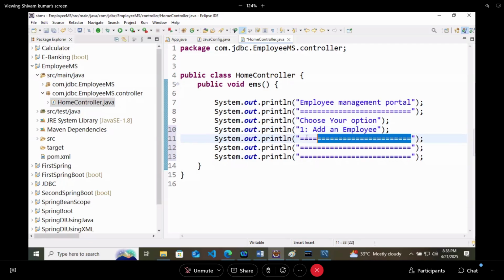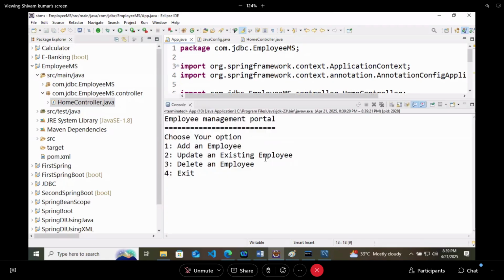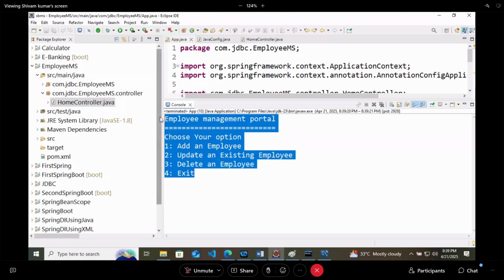Second option is update an existing employee. Third option is delete an employee. And the fourth option is exit. So again, I will run the main class to see if it is working fine. So kind of, it is working fine.